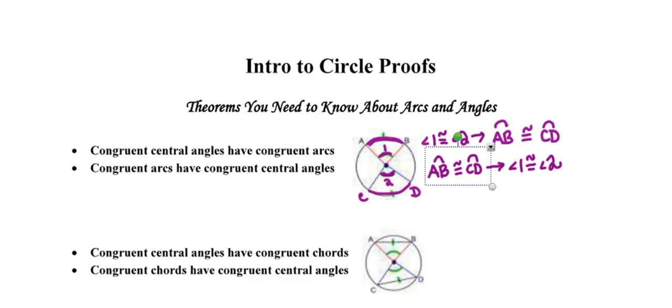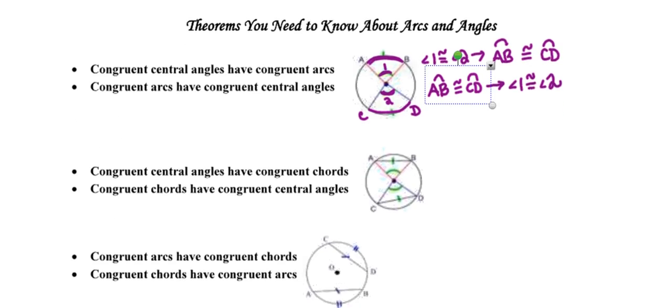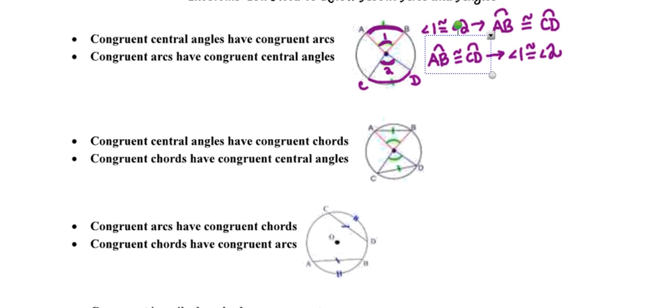All right, the next one that you need to be aware of isn't one that you've seen before, but it's not terribly difficult. This just says that congruent central angles have congruent chords, and when chords are congruent, the central angles that go with those chords are congruent as well. So in other words, what they're telling you here is that these green angles, which again I'm going to call angles 1 and 2, when those are congruent, the chords,